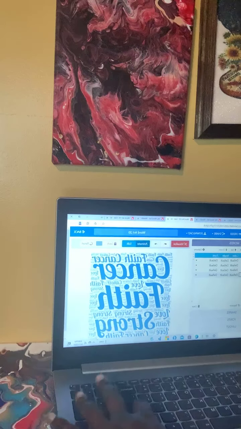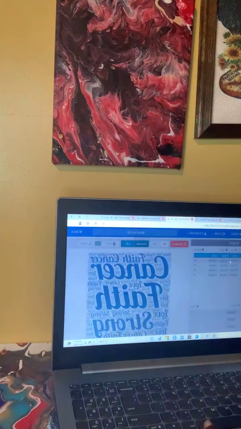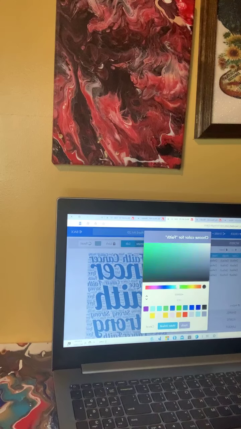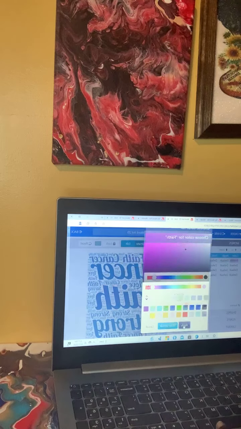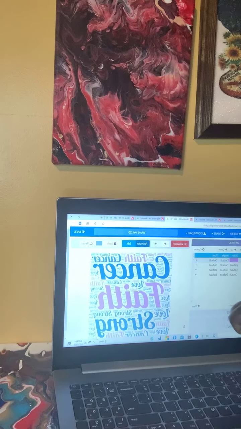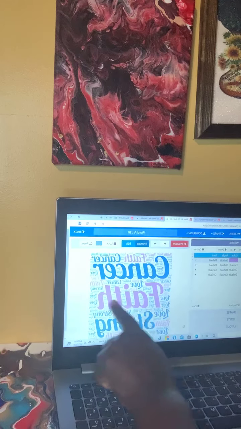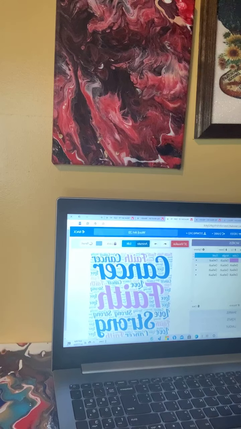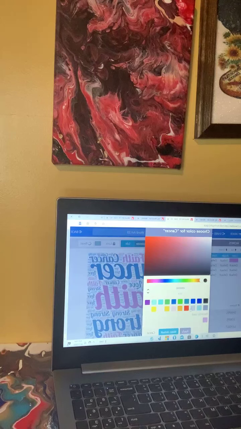And then the color, you hit the color, and this is like your color wheel. You can go up, down, you can go in between the pinkish and purple. Just click that and then hit apply. And you see the word faith is at 50, the 50 in size, and all the words that have the word faith in it, you see all those are one color. And you go to Cancer, you can make the Cancer pink,